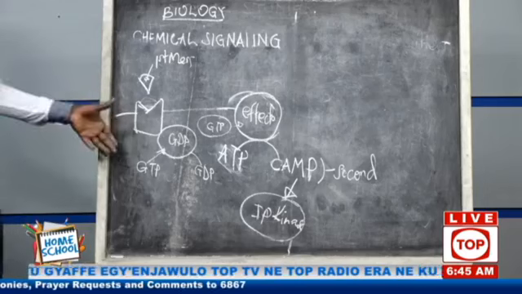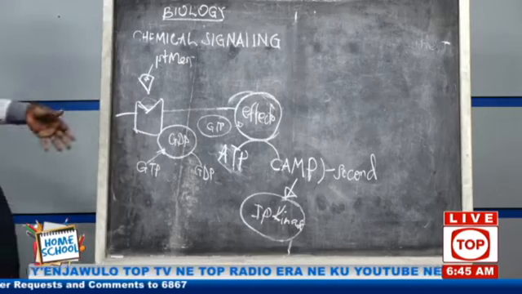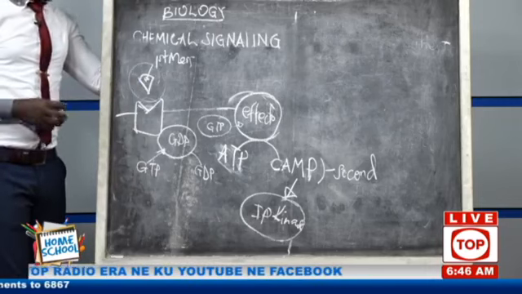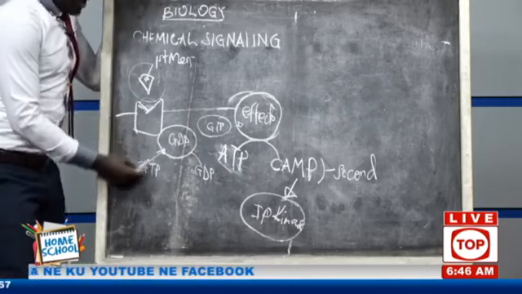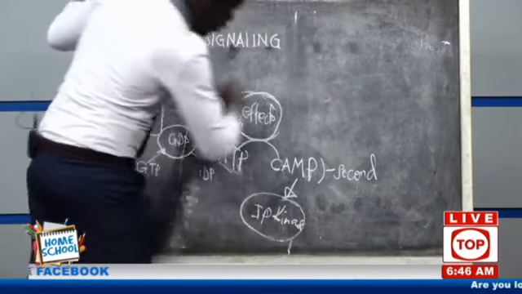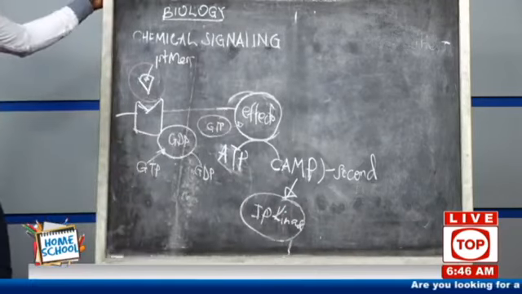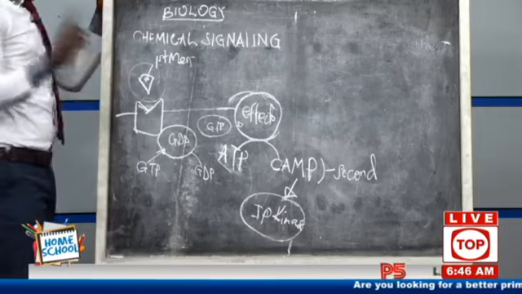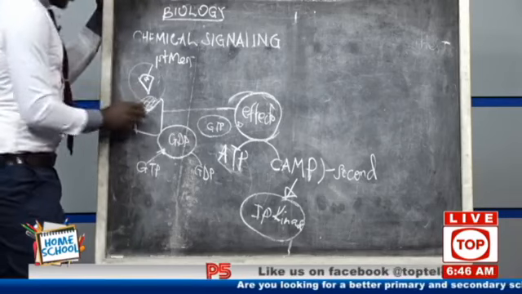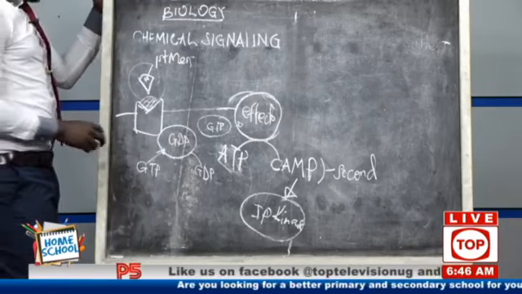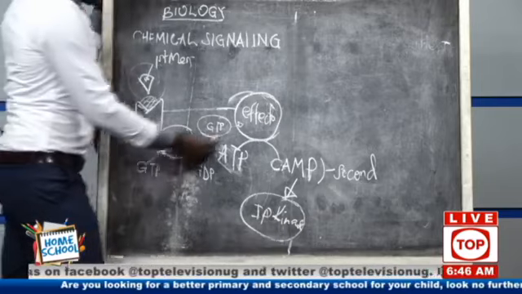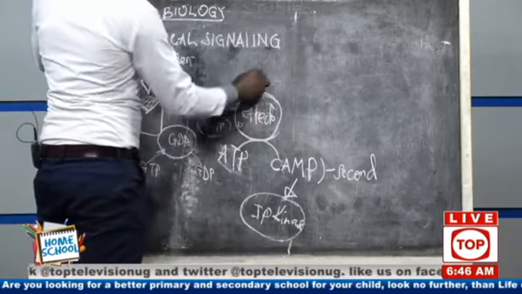This is what we are talking about when we say signal transduction. Information that was first and foremost extracellular, when it attached here, led to a series of steps that result in a cellular response at the end of the day. We have one molecule of the hormone attaching onto this receptor, resulting in the activation of this relay protein, which activates adenylyl